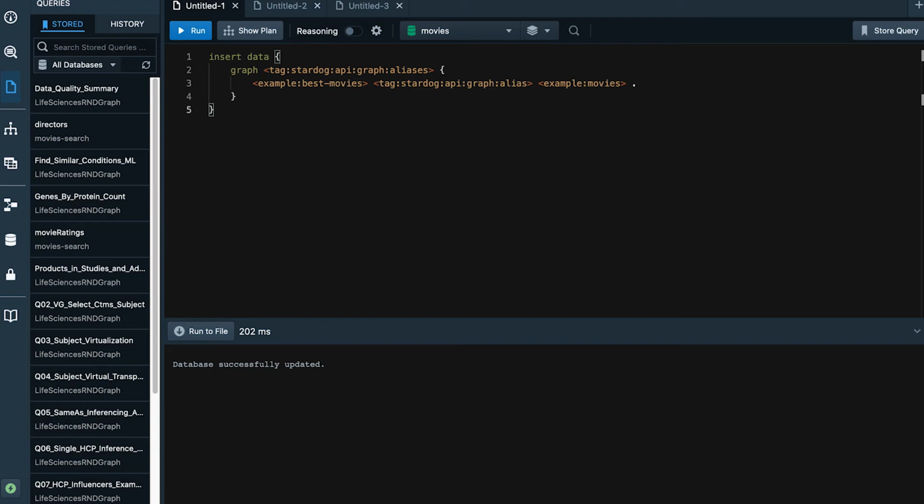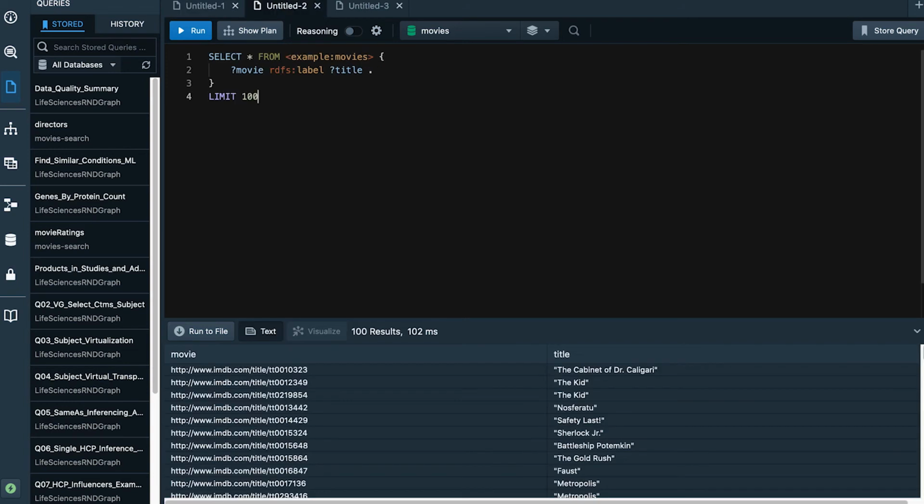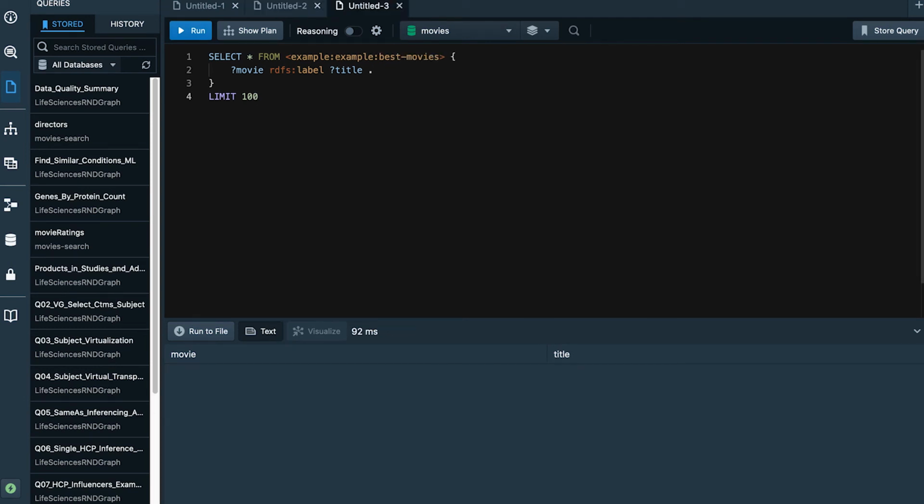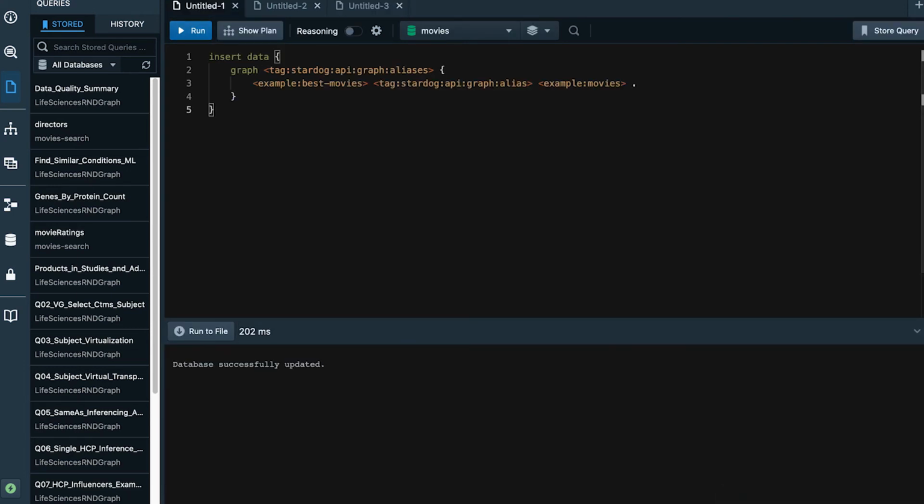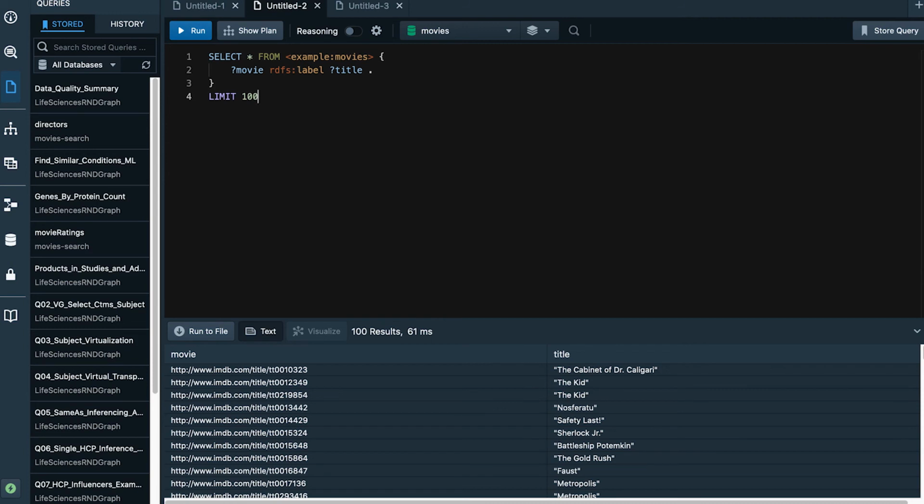Just to show you, I currently have data within the example:movies, but if I try to query example:best movies right now, I get back nothing. So now let me create an alias. I create the alias. I then show